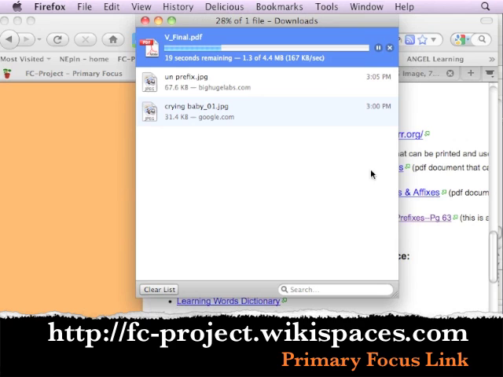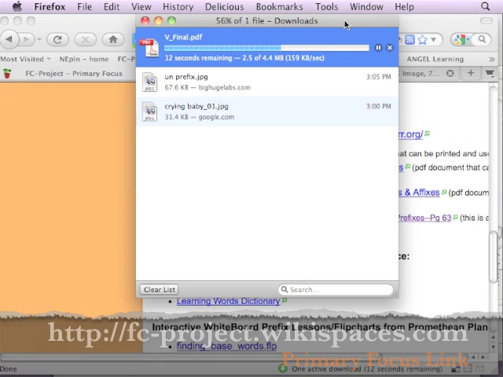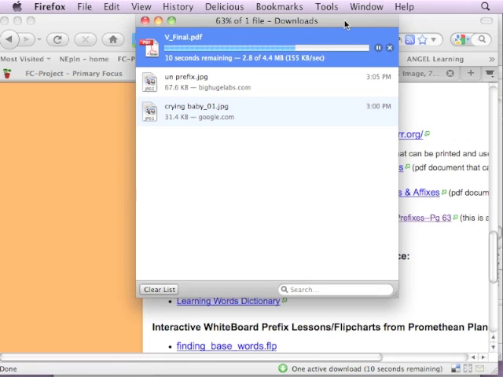And this is one that Janet found that she thought would be helpful to you with a number of resources for working with words. I think it's page 63 is the one specifically that goes to prefixes. And you can see it takes a little bit of time to download that particular document. You can see we just have a few seconds left. But I'll go ahead and